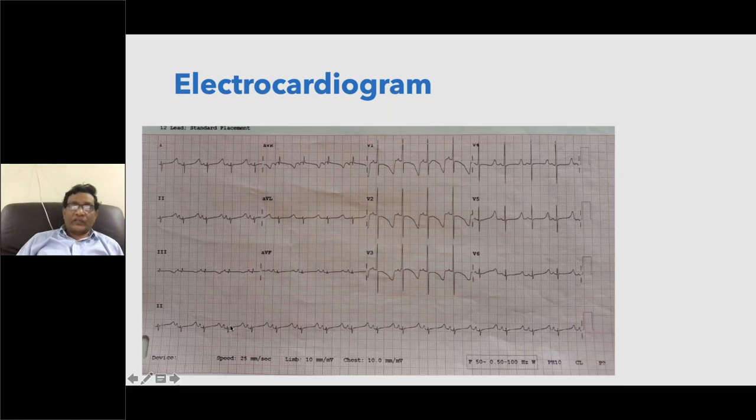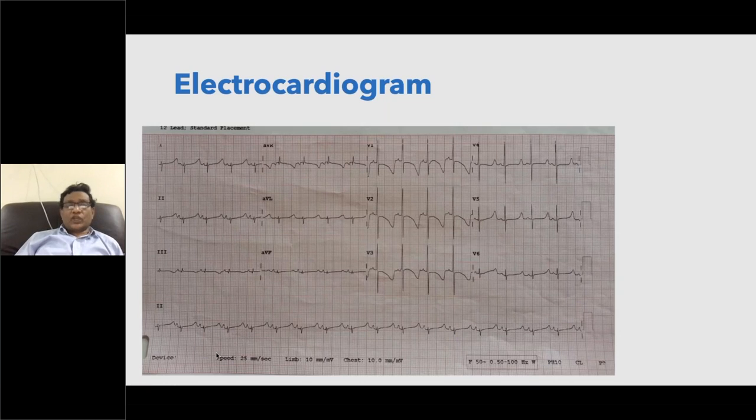You can see carefully if you look at the ECG here. This is the P wave and QRS, then T. You can see the QRS T is very wide. The QTc interval is increased. How to diagnose that visually without calculating? This is the RR interval. Your QTc interval should be less than half of the RR interval. Here in this particular case, you can see it is more than half of the RR interval, suggestive of a long